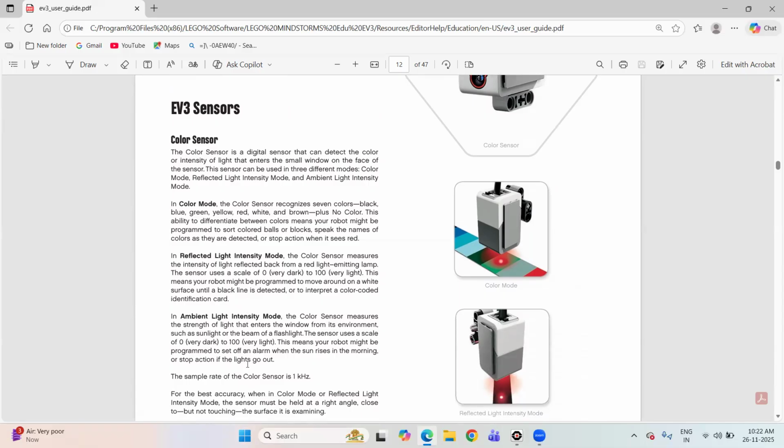Three modes we have in this sensor, and I will explain them one by one. I'm taking the color mode first. The sensor identifies seven different colors: black, blue, green, yellow, red, white,